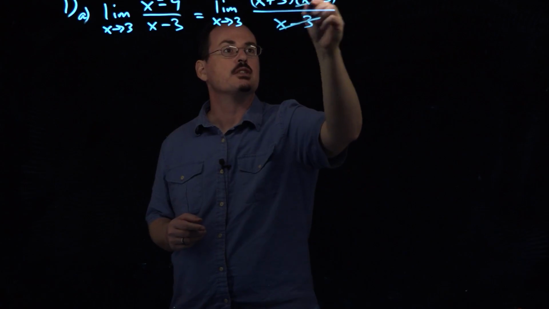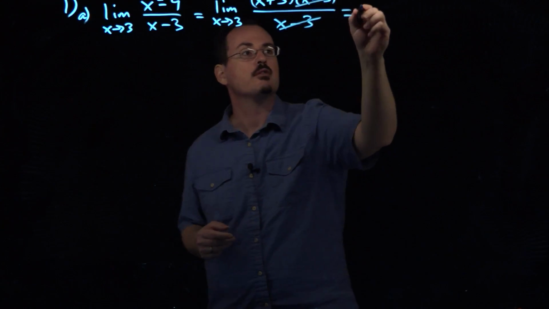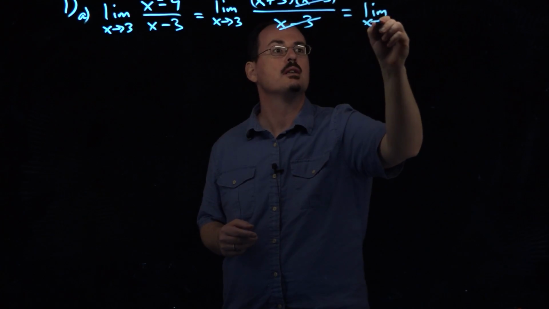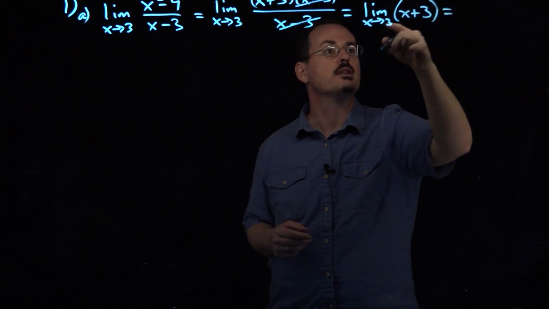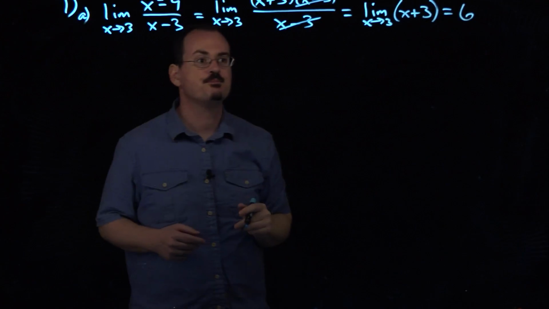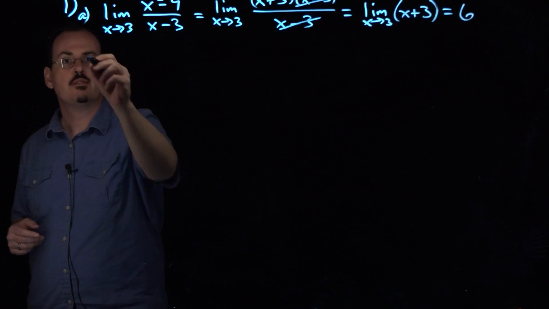These x minus 3 terms are just going to cancel. So what are we left with? The limit as x approaches 3 of x plus 3. And at that point, we can simply plug in the 3 and get 6. OK, for part B,